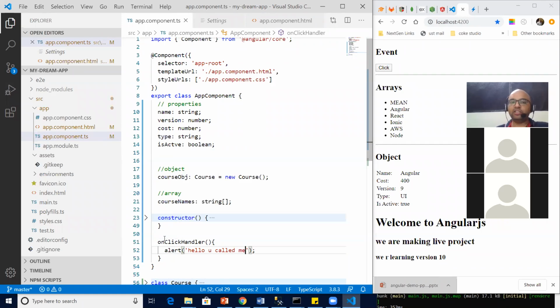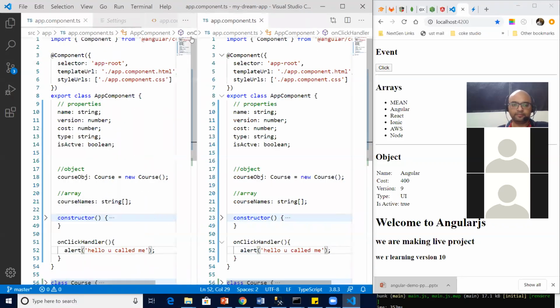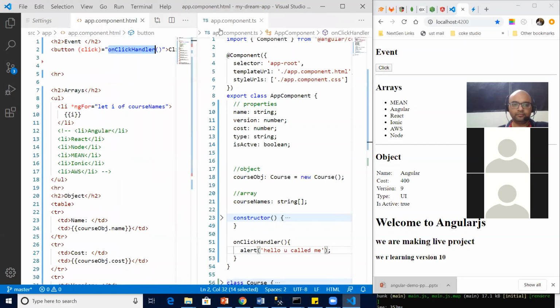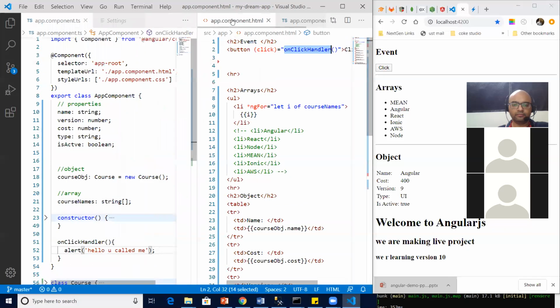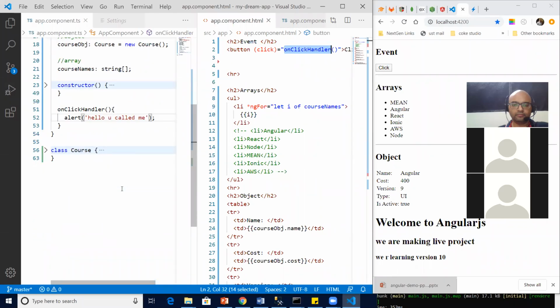This event binding is hooked or not. Let's see. Let me just draw. So this is our function, correct?